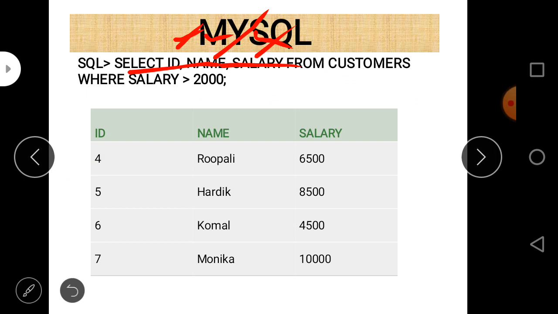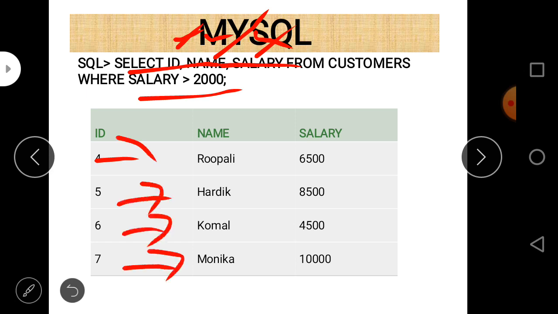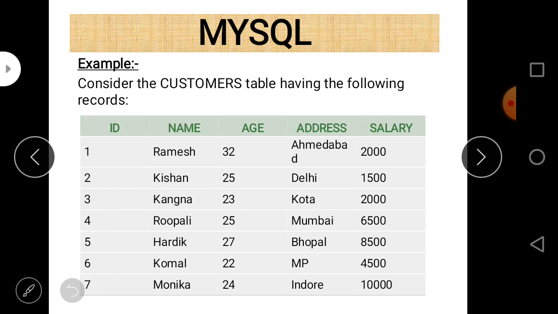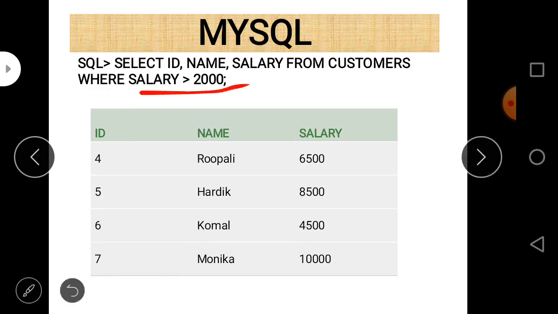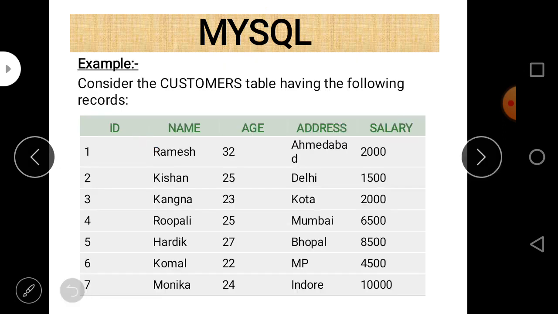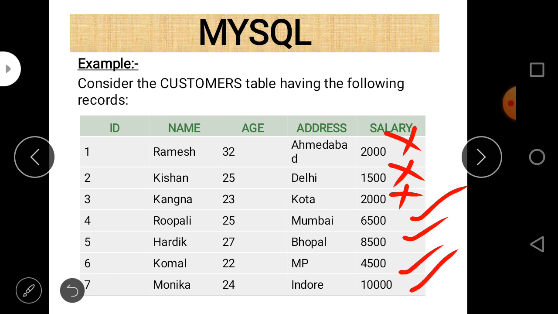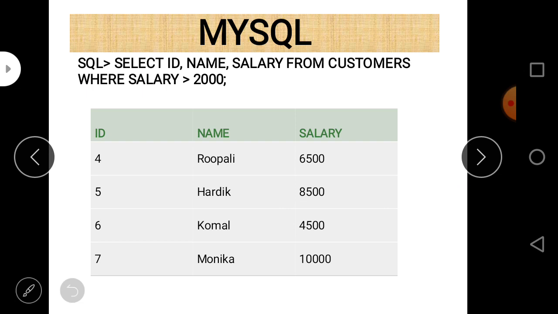Only 4 records will be visible after the execution of that statement. And why? Because out of these 7 records, only 4 records fulfill the criteria of salary greater than 2000. The last four records, related to Rupali, Hardik, Komal, and Monica, will be printed.